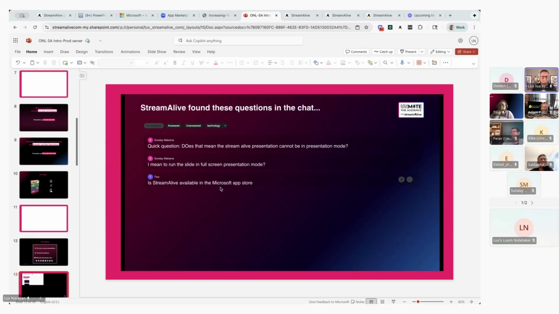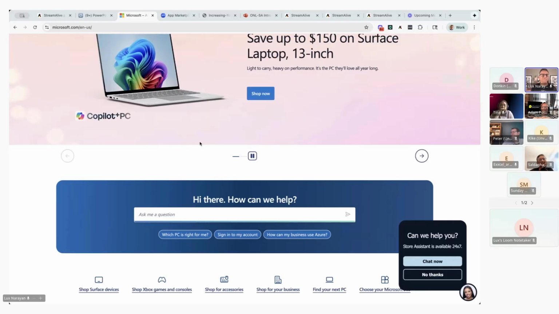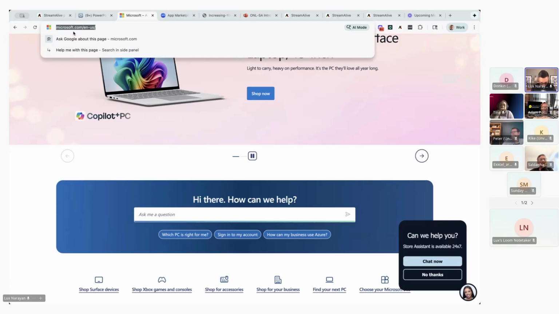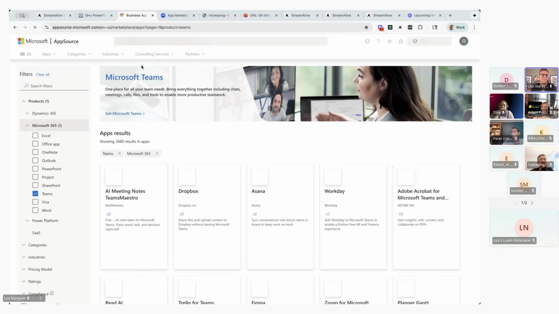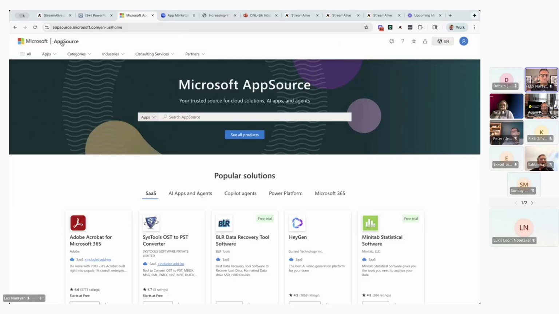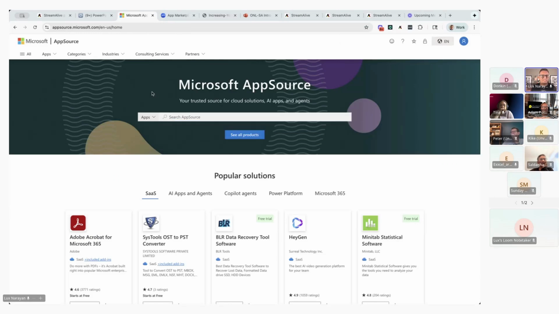It's not available yet in the Microsoft App Store, Tina, and I'm glad you asked. So what's going to happen is once it's launched, when you go to the Microsoft App Store, which I don't think this is the App Store, they just launched a new one, by the way. They changed the URL. So yeah, this is the original Microsoft App Store. So if you go here and search for Stream Alive, you should be able to find the application in roughly